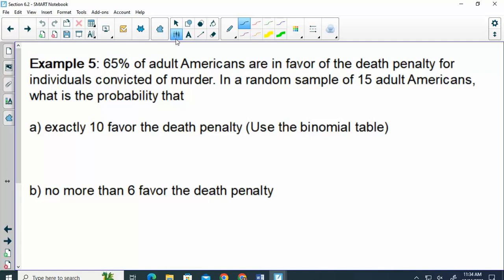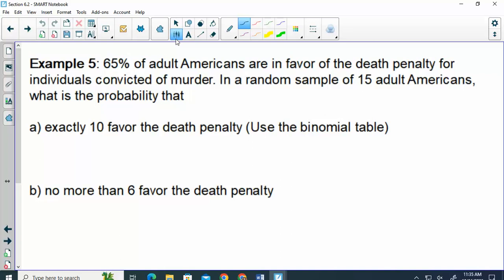So since we had the weekend in there, I'll probably do this one both ways, showing you and just making sure we remember. Because the table is limiting, it only has n up through 15, or what does it go? It goes up to 10, 12, and then it does 15 and 20. And then it only has certain probabilities. So if we have a different n value or a different probability, we can't use the table,